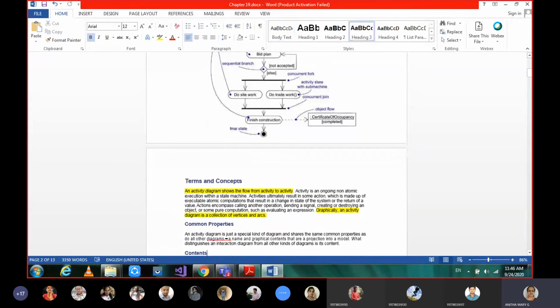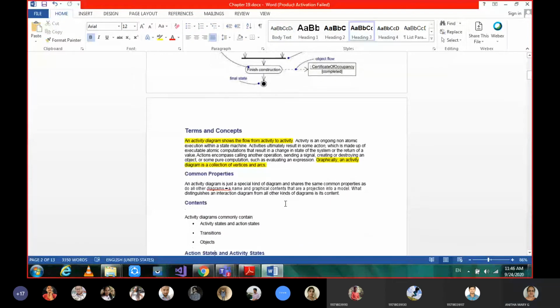So the first part is about the terminology, terms and concepts. The basic concept of an activity diagram is nothing but flow control from activity to activity. Remember that clearly: activity to activity, and that activity can be an action state or activity state. Graphically it's a collection of vertices and arcs.